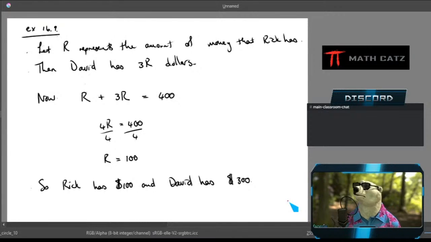For others, they maybe have a good sense of these things and can quickly guess and check in their head and see, oh, it has to be 100 and 300. But the numbers are so nice that you can maybe get away with that. Don't rely on that for very long. Have a backup when numbers are unpleasant, or